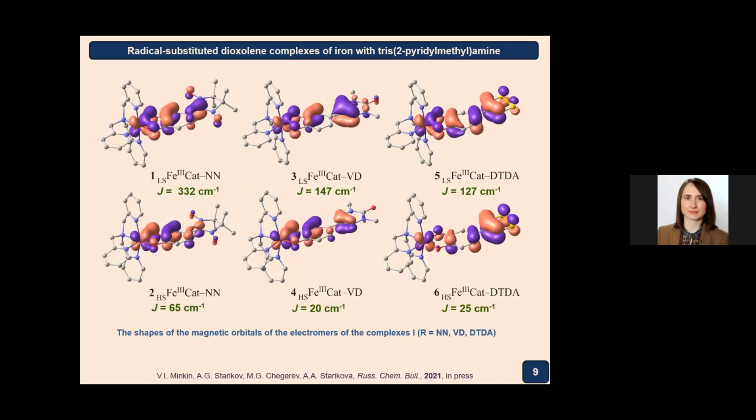A computational study of exchange interactions indicates strong ferromagnetic coupling of paramagnetic centers in the low-spin electromers and moderate ferromagnetic exchange in the high-spin structures. Therefore, the considered complexes will possess ferromagnetism. And the predicted character of exchange interactions is in agreement with the shapes of magnetic orbitals exhibiting an absence of